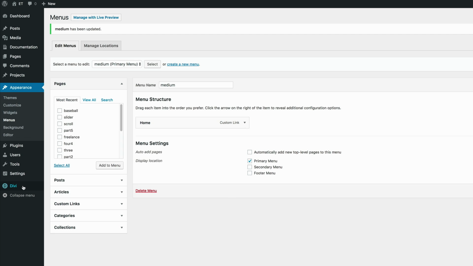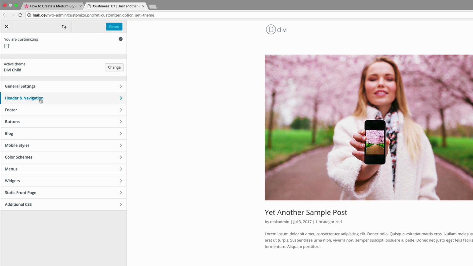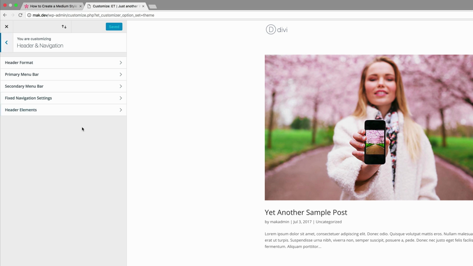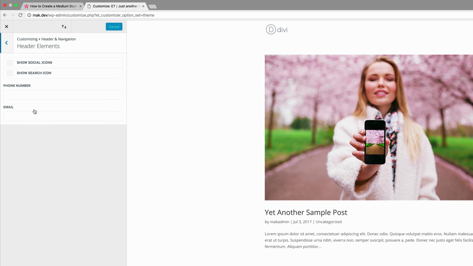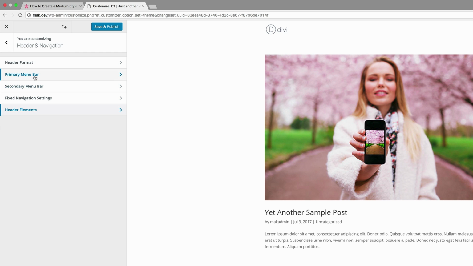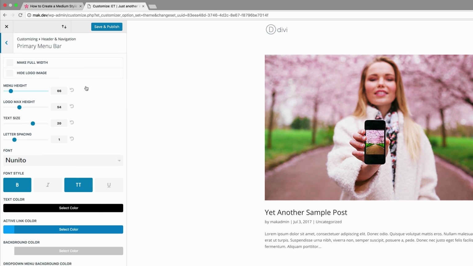Now we can go to Divi Theme Customizer. So now we can go to header and navigation. I'm going to come over here to header elements, and then I'm going to show this search icon because on the Medium website, it has that icon right there at the top. Okay, so now that we have our icon, let's go back to our primary menu bar and let's make some